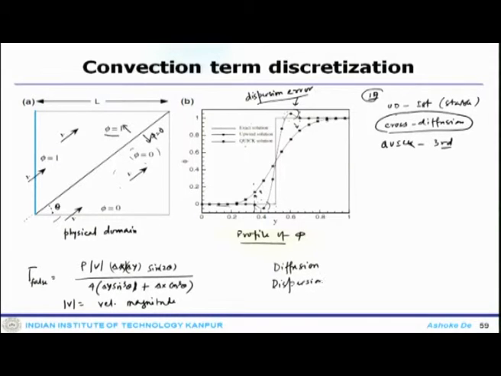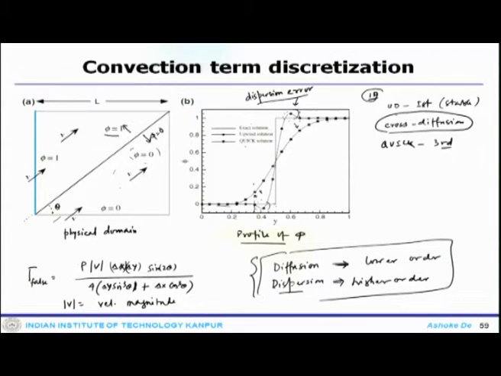On one hand, this is more prominent in the lower order scheme, and on the other hand this is prominent in the higher order scheme. So, higher order scheme actually reduces the diffusion, but it also becomes prone to dispersion. Lower order scheme reduces the dispersion, but it becomes highly diffusive in nature. So, this is always a problem, that one has to make some trade off between schemes. This is related to stability, this is related to accuracy.